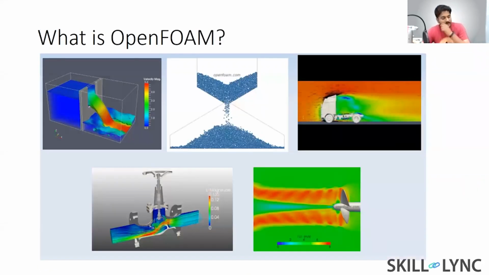All right, so let me just directly jump to the topic. So first of all, what is OpenFOAM? OpenFOAM, as I mentioned, is an open source computational fluid dynamic package. So what does open source mean? At the end of the day, every computational fluid dynamic software that is there, like ANSYS Fluent, Star CCM, Converge, OpenFOAM, it's a computer program, meaning someone has coded it using C or C++ or Fortran, right? Using one of those programming languages.